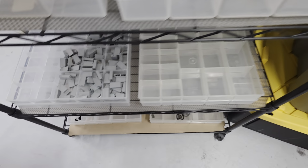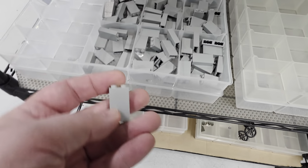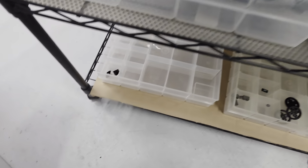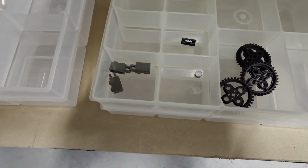Second order here, 150 of that one piece. That's it. 1x2 by, I believe, 3 brick in light bluish gray. There you go. And then the last order, they got these 2 pieces new, and then these few pieces in